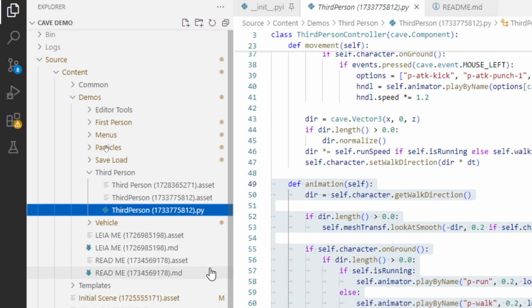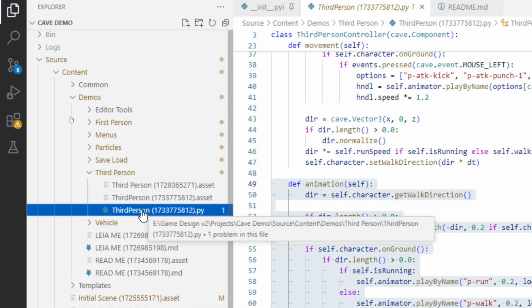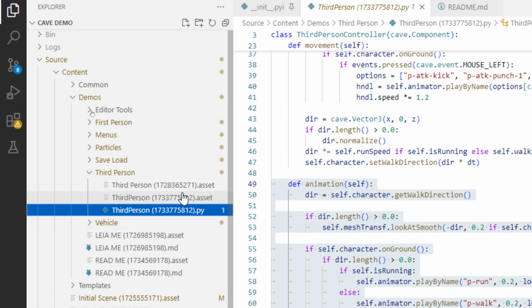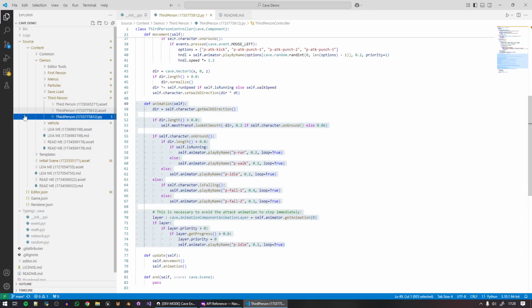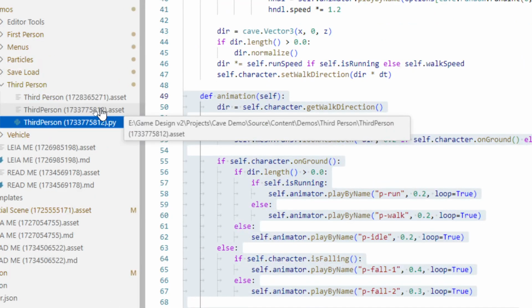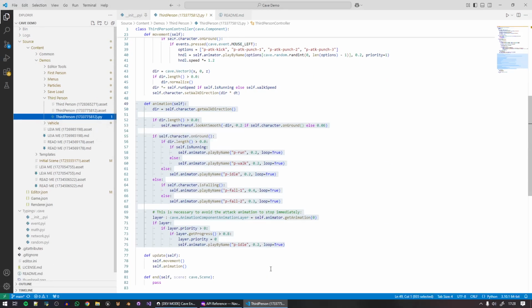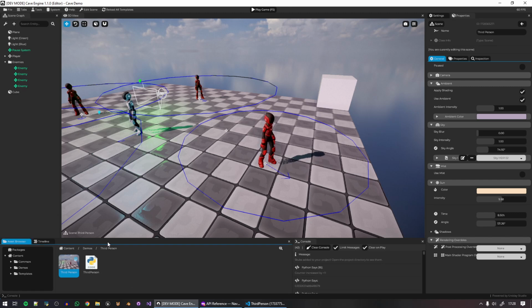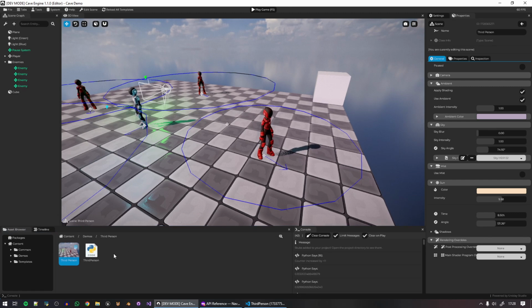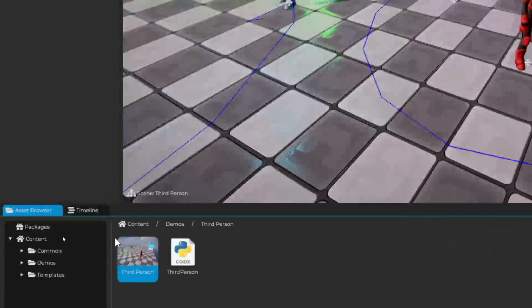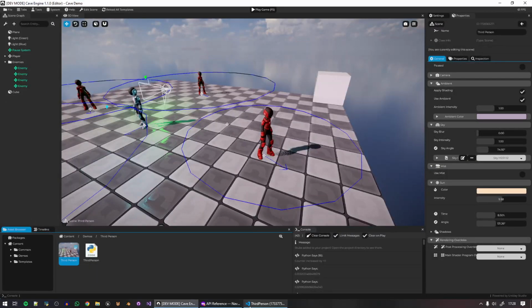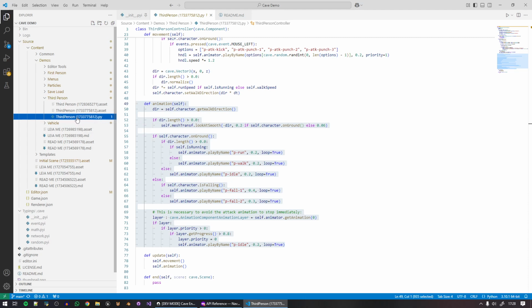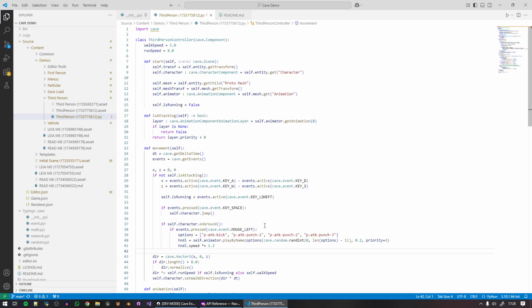Python script. You cannot modify or rename the files here. It is not going to update the engine, because the engine requires the asset file to be consistent and all that. So just make sure you are always updating the files, moving them around, or creating and deleting using the asset browser here. But once the asset is created, you're free to go ahead here and open and look at the